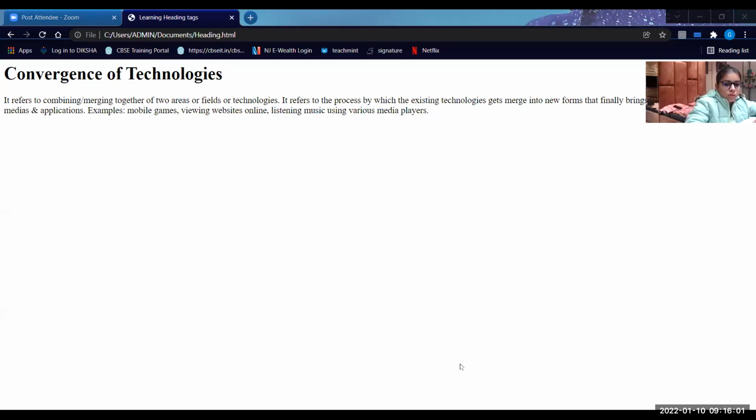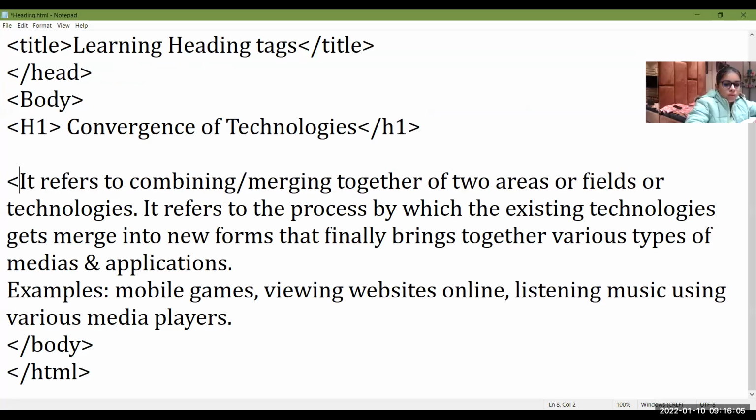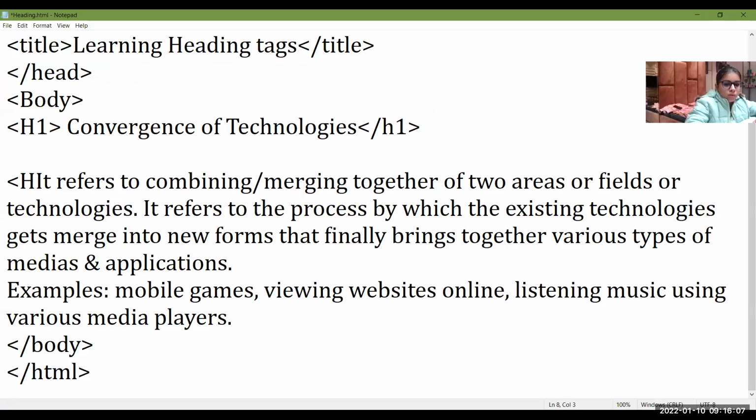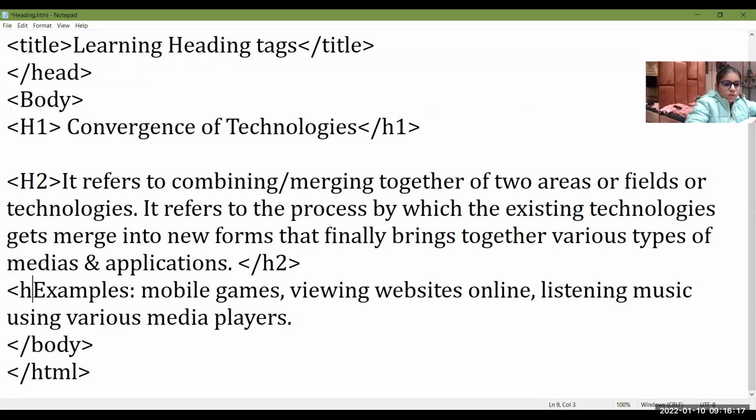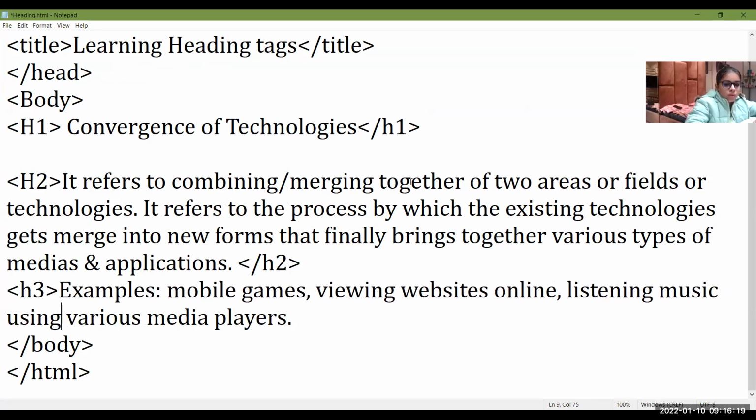Suppose now I type here H2. I will give the paragraph in H2 level, close the H2. Then I'm giving examples in H3 level and then close the H3.